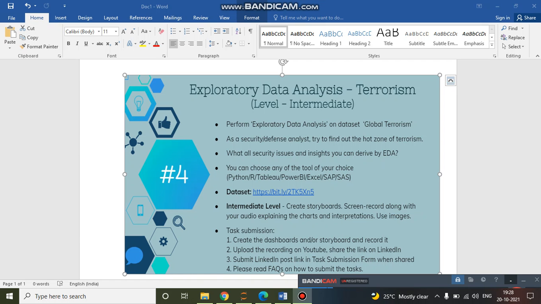So today I would be sharing task 4 of my internship, that is exploratory data analysis for terrorism. Here we have been given the data set of global terrorism and we have to perform the data analysis. As a security or defense analyst, we have to find the hot zone of the terrorism. So proceeding towards the analysis,